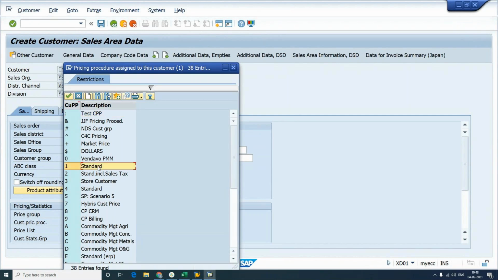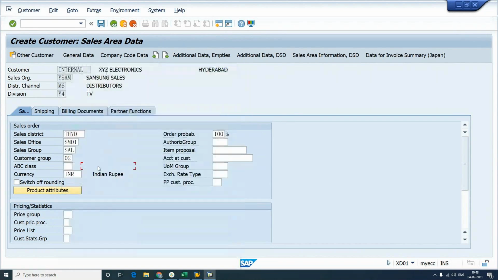Rest of the fields, ignore them. Why? When we talk about the pricing concept, we will come back and activate them. So at the moment, these are the fields we need to maintain under the sales tab: sales district, sales office, sales group, customer currency, customer pricing procedure. These are the values you need to update. And once you click enter,